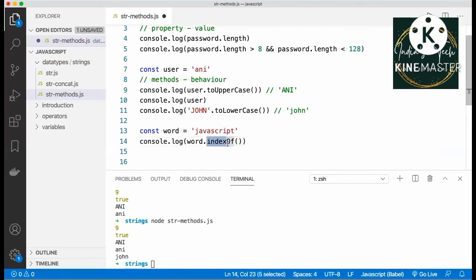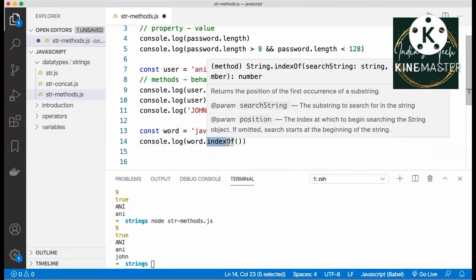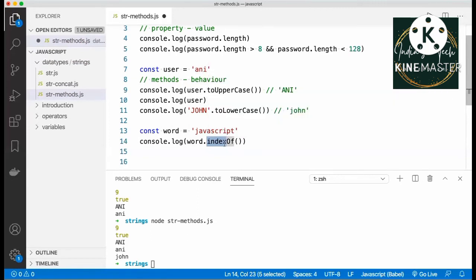Camel case is where the first word is in all small letters and the subsequent word starts with a capital letter. O is in capital. So I want to see the index of the character A. Remember what I told you previously: strings are nothing but an array of characters. That means strings are held at different indexes, and the index starts at 0. If I run the file,